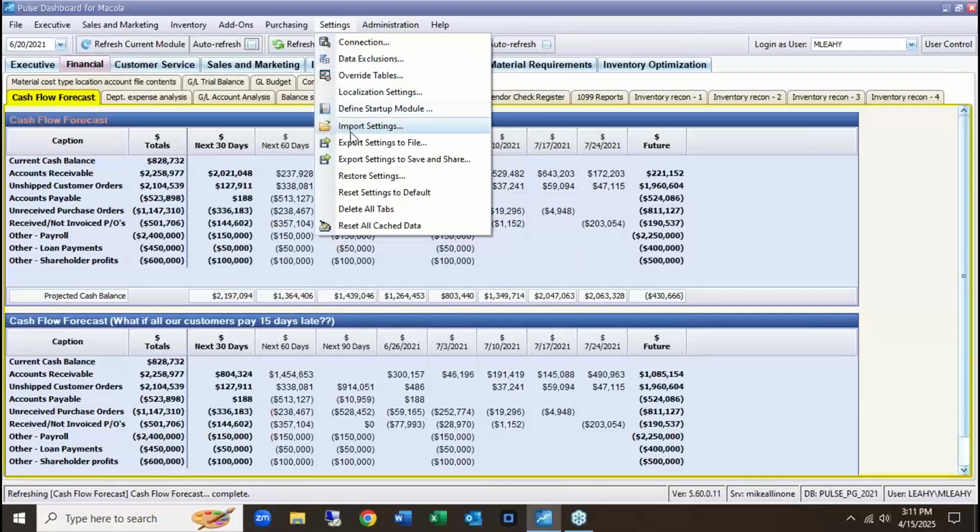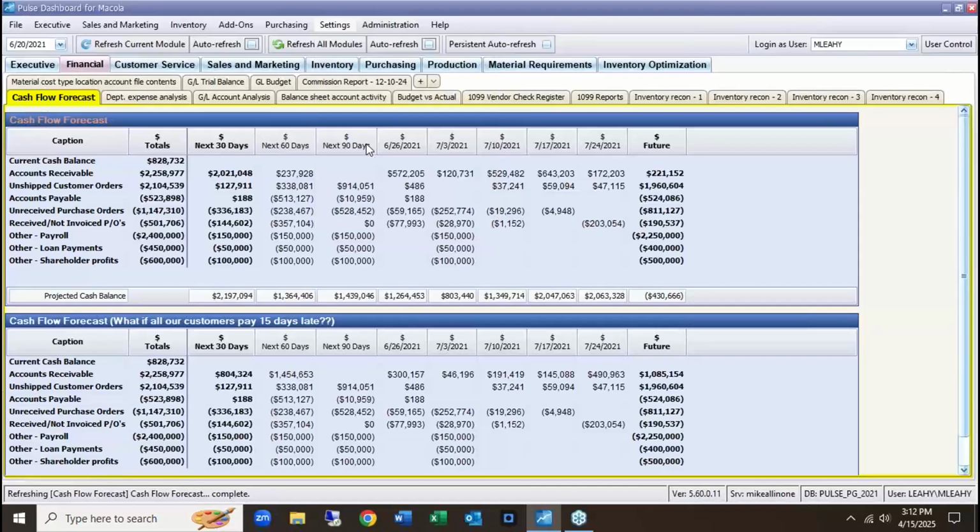Sometimes what we recommend, if you're making massive changes to reports, is to periodically export the settings to a file. It only takes a split second. You say export the file,